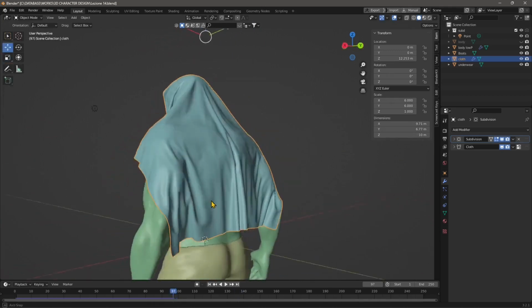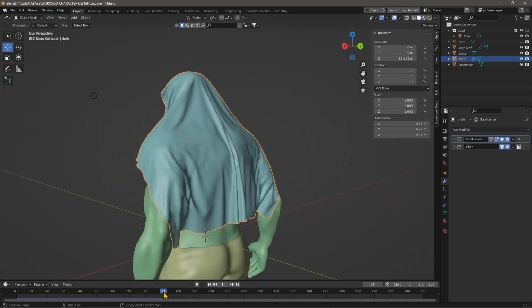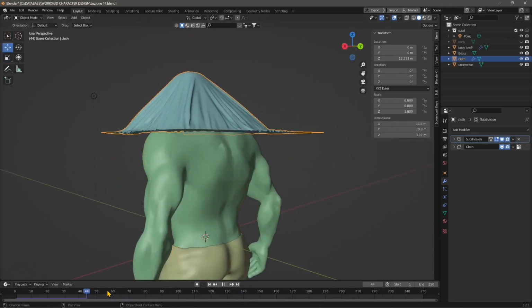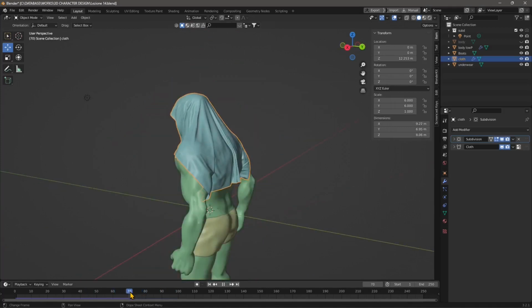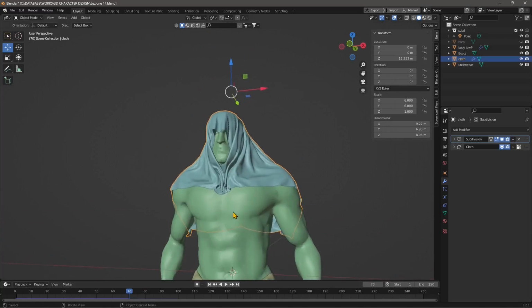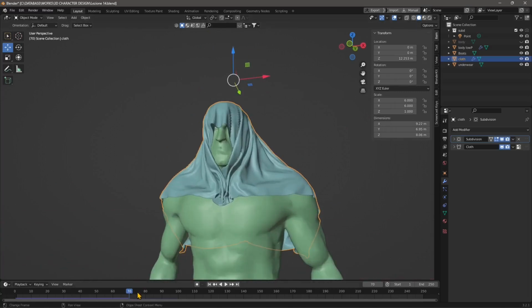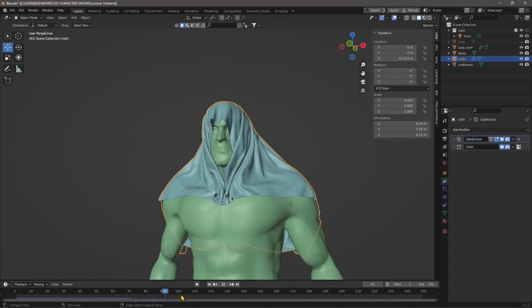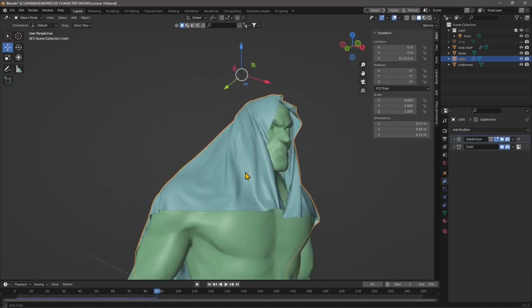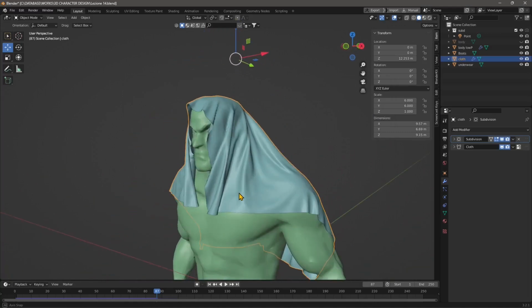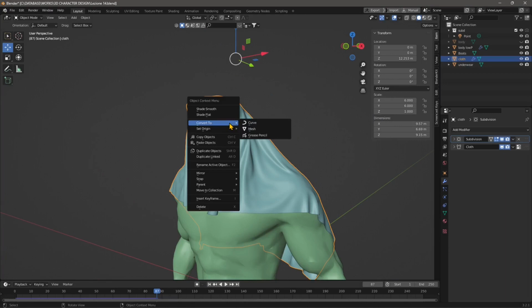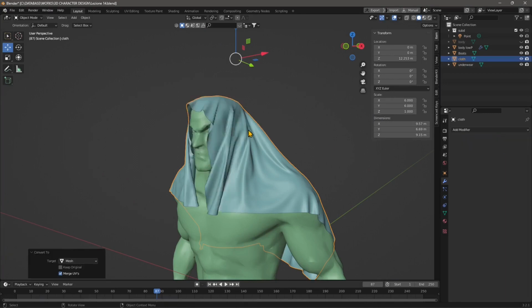And then you can work on this. This is the most important part. You can choose a particular time where you think the simulation is really good, like for example this one here, or maybe they're too close together, so I'm gonna move them. There you go. So I like this particular frame of the simulation. So if I want to use this to create now sculpting and other simulation, I will right click and convert this into a mesh, and this is